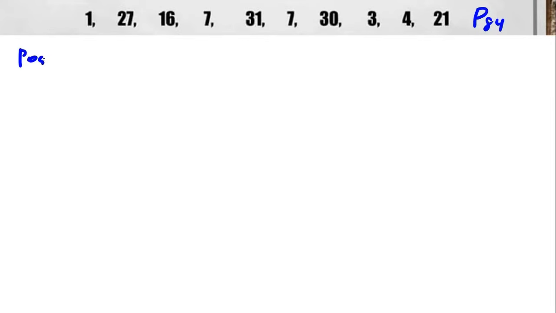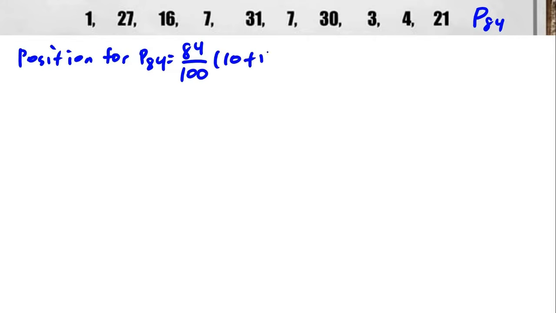So position for P84. So 84 over 100 times 10 plus 1. So 84 over 100 is just 0.84 times 11. On your calculator, 84 times 11, 0.84 times 11 is 9.24. Okay, so tingnan ninyo yung